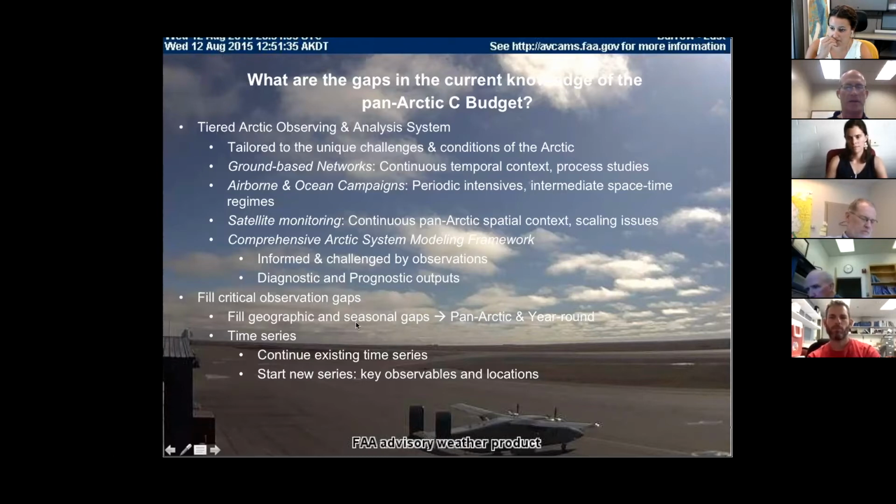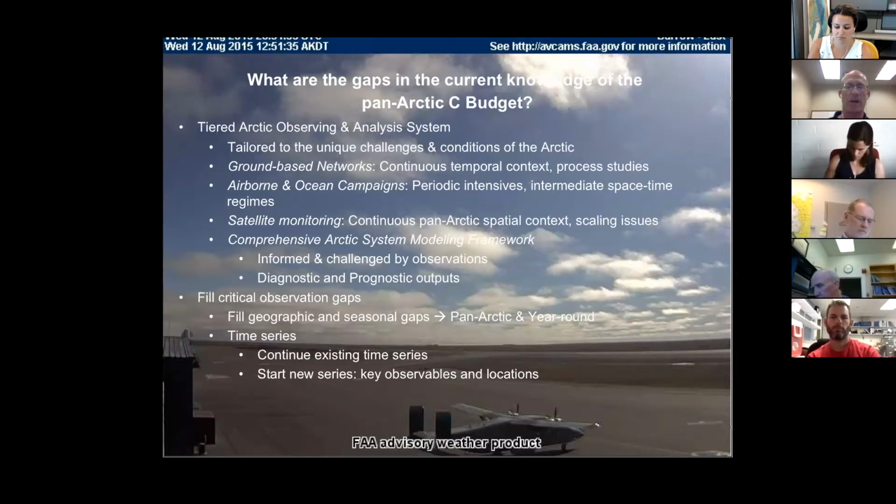One of the things that's obvious, I think, to everyone that's participating in this conversation is that not only do we have geographic and temporal gaps, but to really fill this, we're going to need to move to a Pan-Arctic observing system philosophy. And that will necessarily require integrating together smaller regional networks like the JR station network that the Japanese have in Western Siberia, what's being done in Scandinavia, and integrating campaigns that are more regional in basis too,